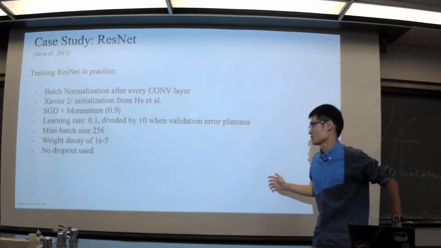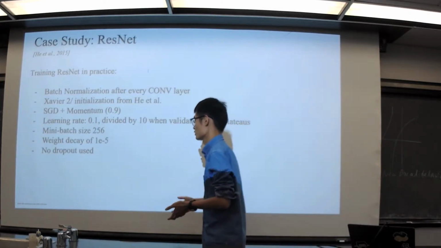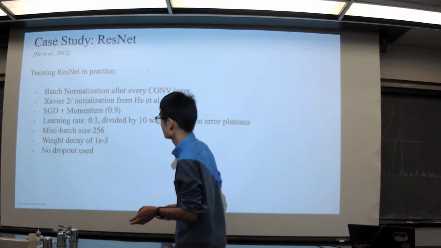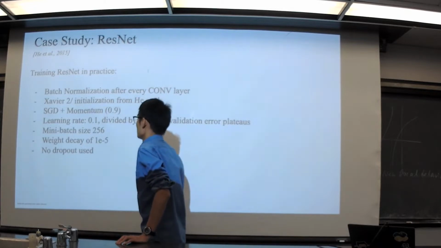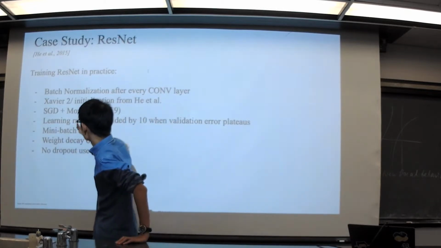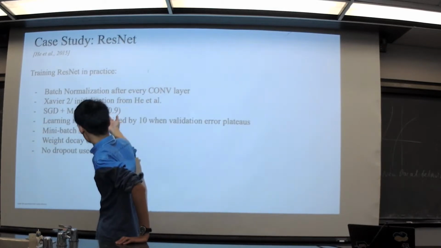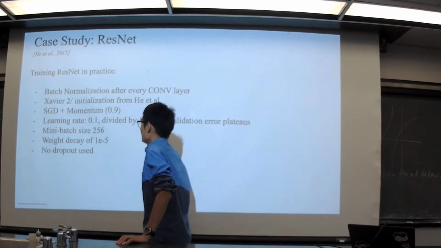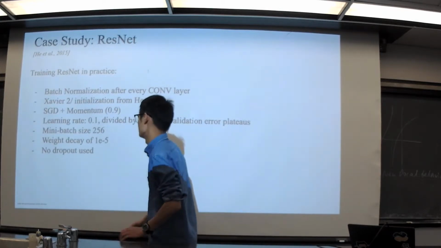So that's why, and ResNet is for the challenge, right? So we want the best of the best, so we change everything we can change. So they proposed the initializing method. And they use SGD plus momentum, always 0.9. SGD plus momentum is very popular at that time. But this